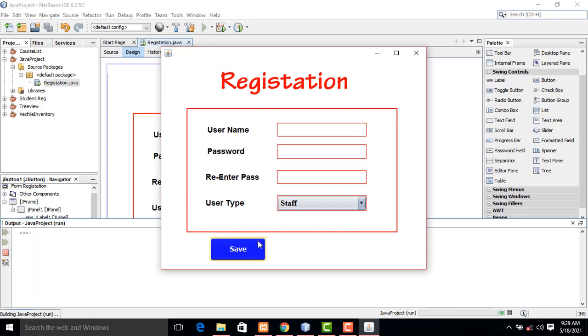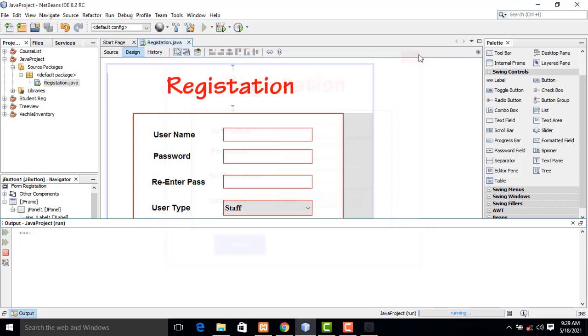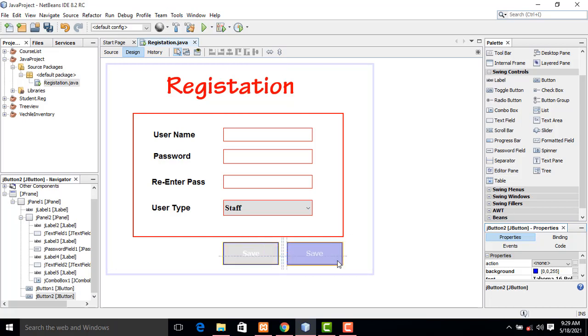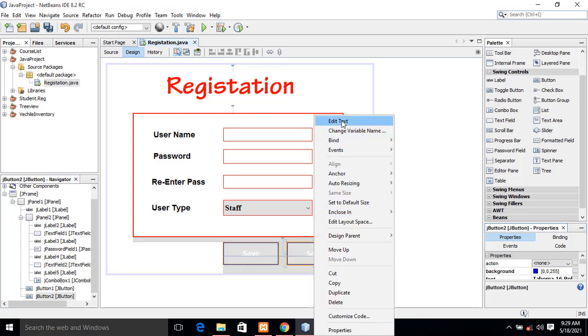Okay, it's working fine, beautiful. So beautiful, you'll be able to see here the same thing. You have to write like this. Control C to copy, Control V to paste below. Here, this one you have to change as an edit text cancel.